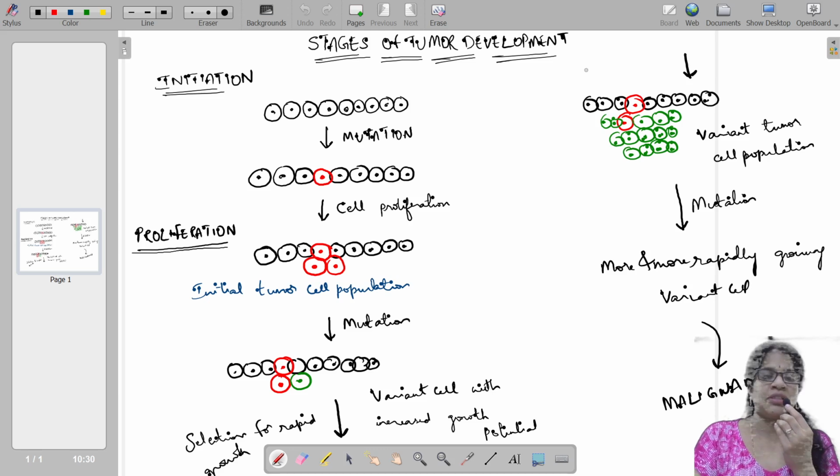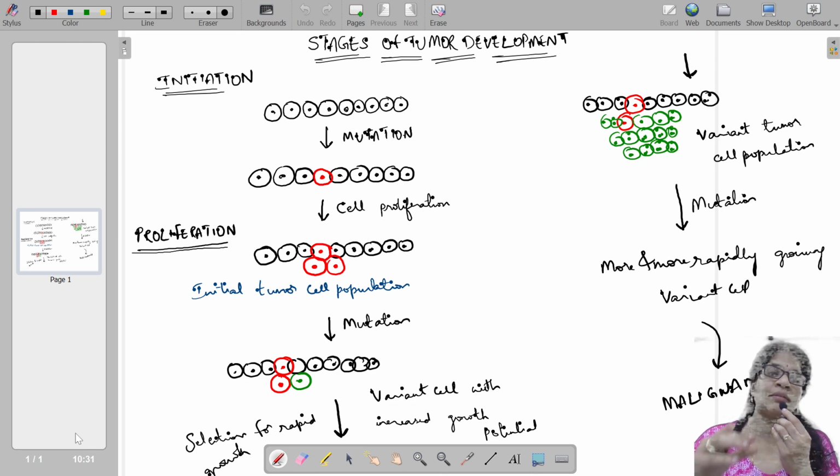Any tumor development mainly occurs due to mutation happening in the cell. It could be cell proliferation, or DNA alteration, or some cancer-causing carcinogens that attack the normal cells. When a particular cell undergoes a mutation, I'm showing it in red, it starts undergoing cell proliferation, and this initiated cell enters the proliferation stage, where the initial tumor cell population starts,